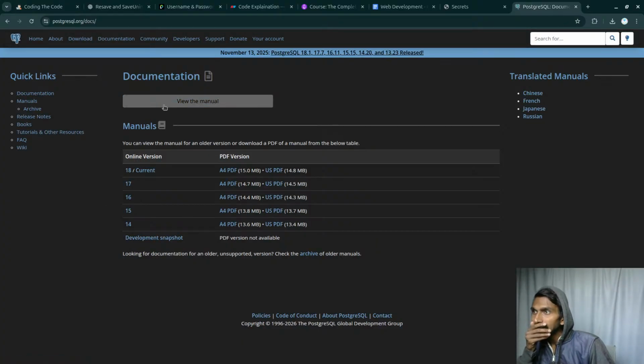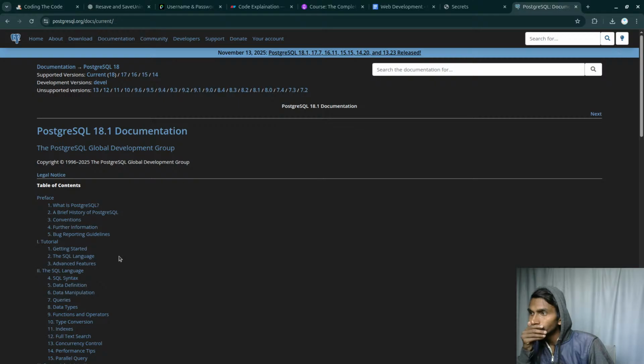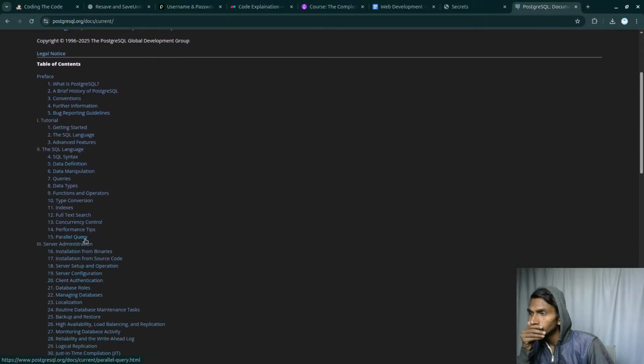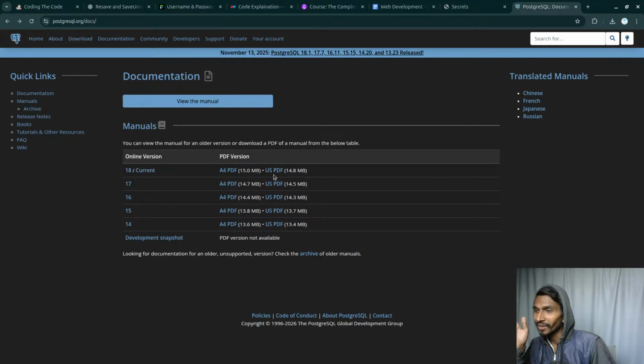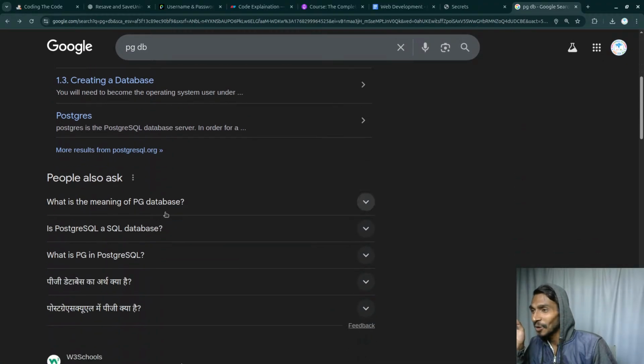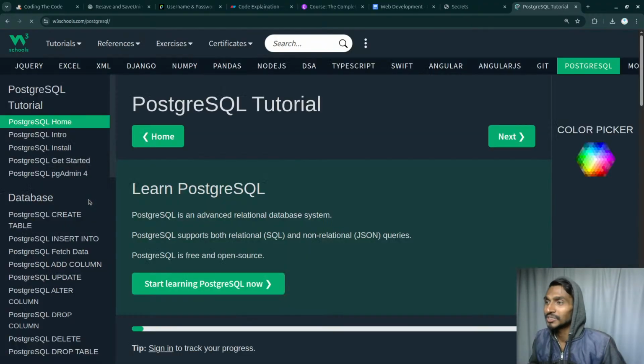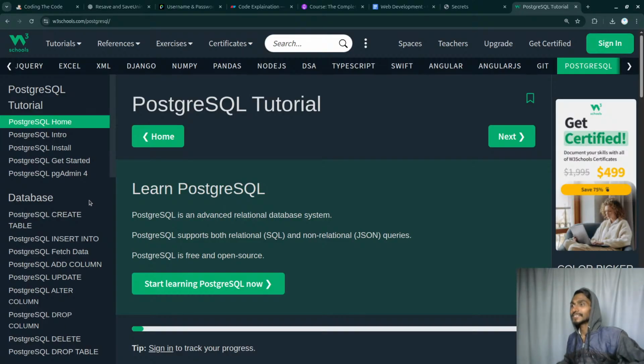It turns out it is like this, view manual. I'm not going to be getting the things from here. This documentation is crazy. Let's go with this one, Postgres tutorial,